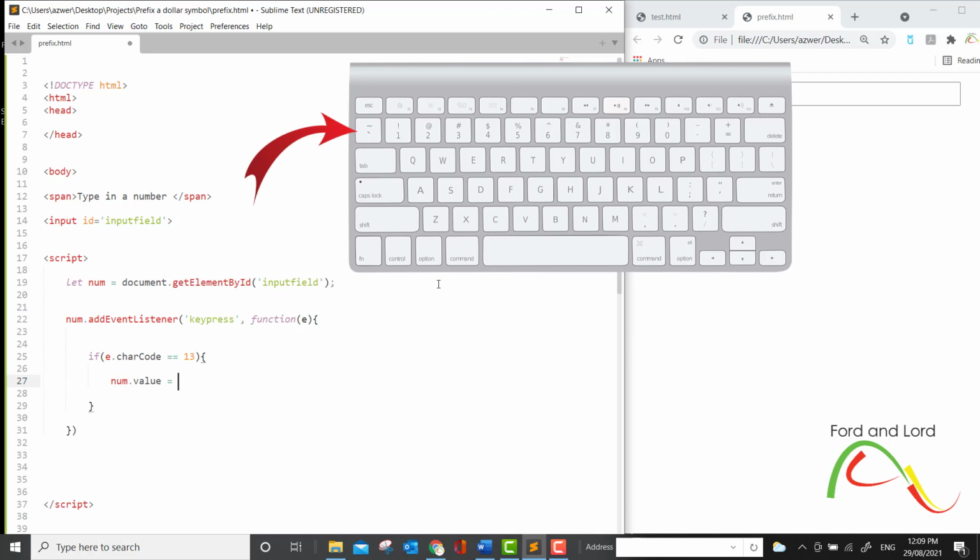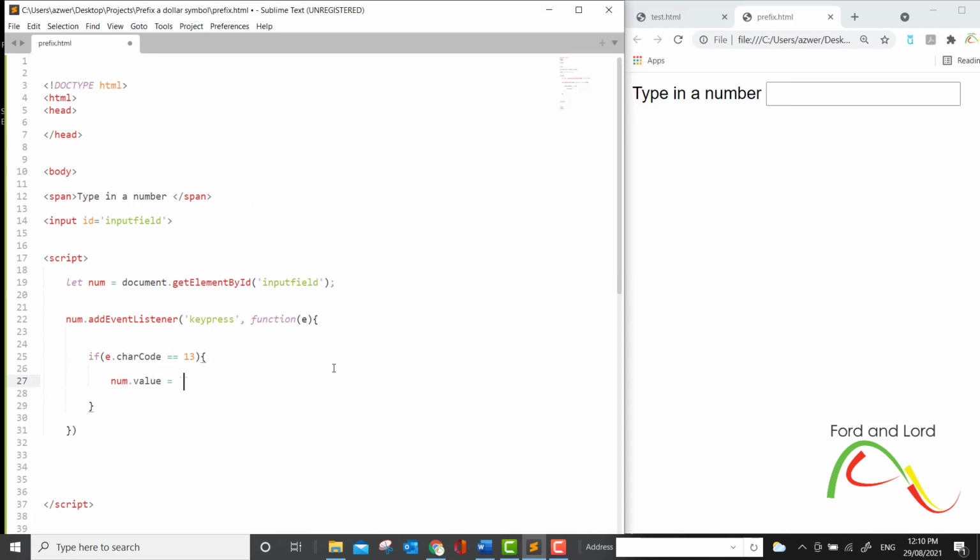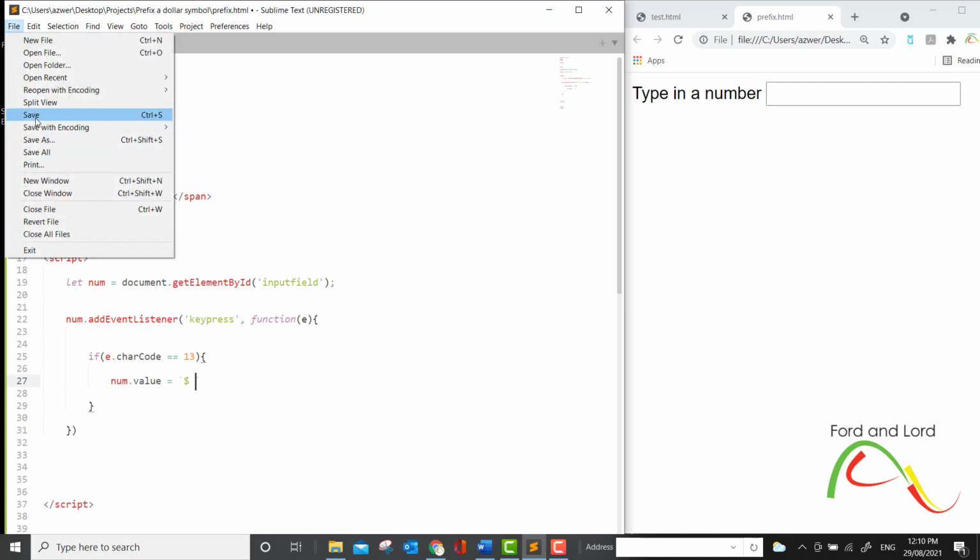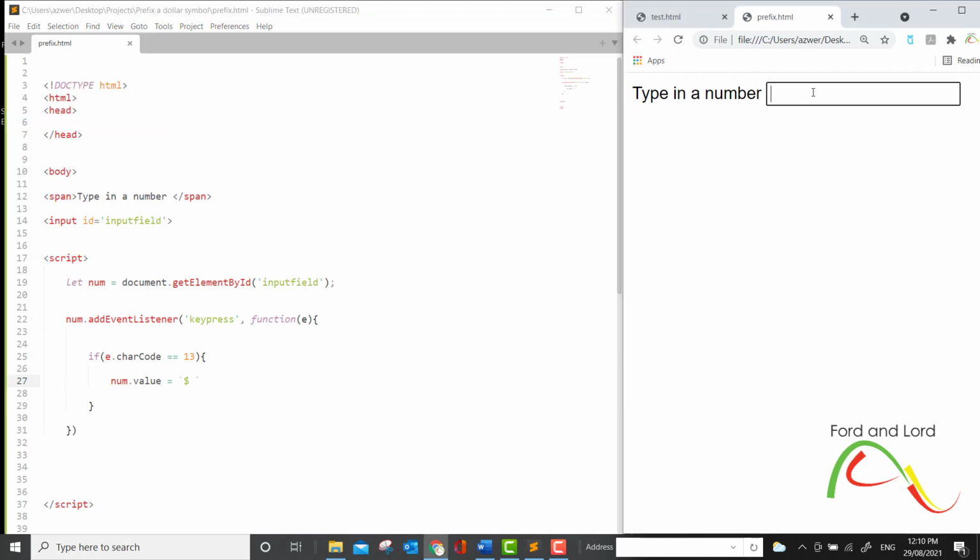This looks like a single quotation, but it is not a single quotation. These are tick symbols, and I will say dollar, which is the dollar symbol that we want to represent in this input field. If I save it now and refresh it, type in something, that thing is changed to a dollar symbol.